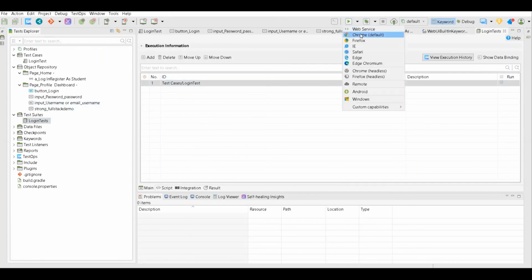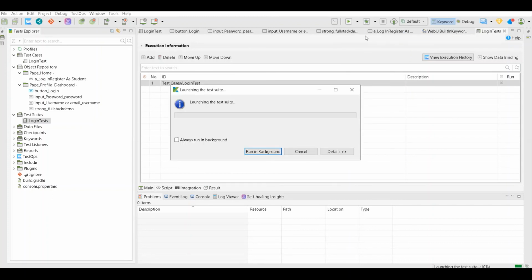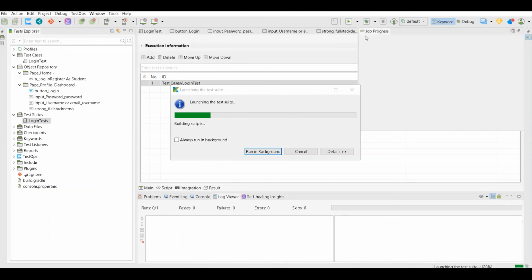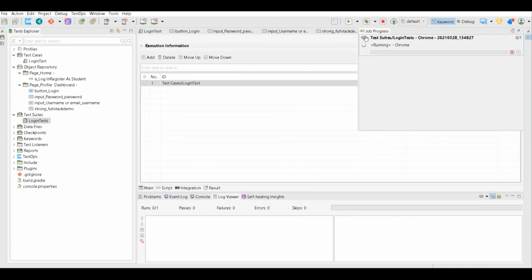Again, you can use this play button, but now since this is a web test, you can use Chrome. When you select this, it will play back your test case. Anybody any issue?